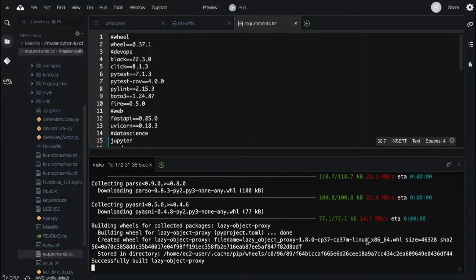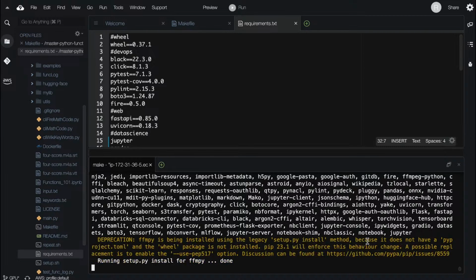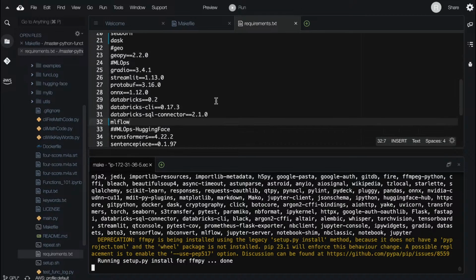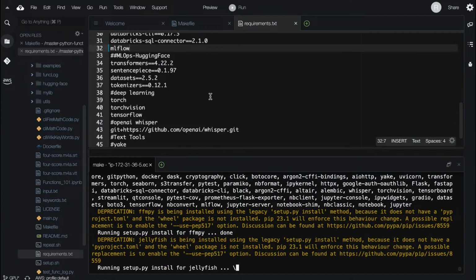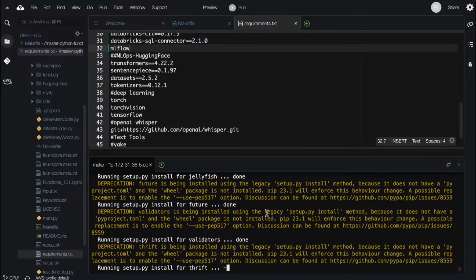Perfect. Looks like every single thing was able to be installed here with pinned dependencies that we were able to fix. Now it's doing this last thing, installing a few other things. There are some warnings here which we don't necessarily care about.